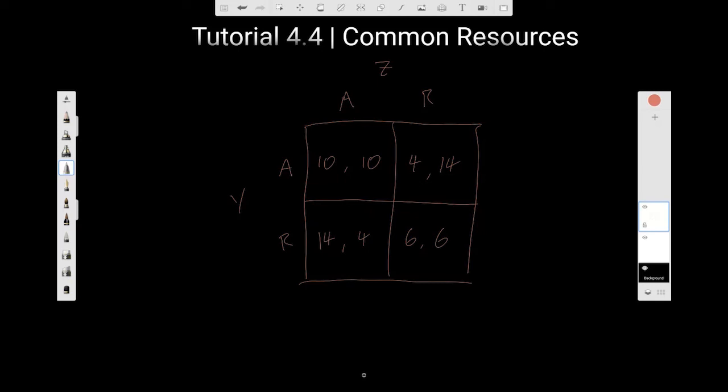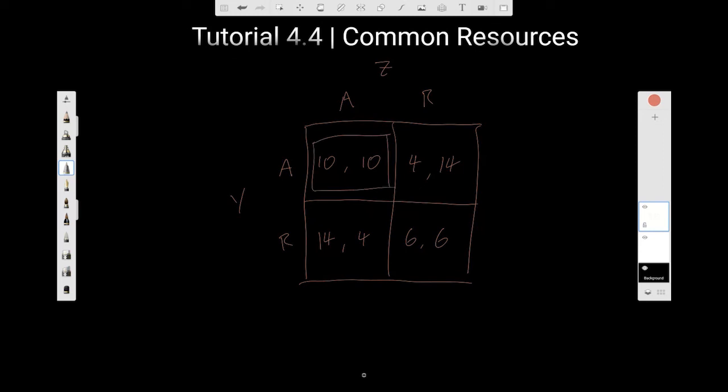Okay, so this is what we call a game matrix, or a normal form game. If you want to go on and do more game theory, you'll see a lot of this. So the way we think about these games, well, first off, let's identify the efficient outcome. So when we think about efficiency, we've thought about what maximizes welfare in society, and in this case, society is just Yuri and Zeta. So for this first box,